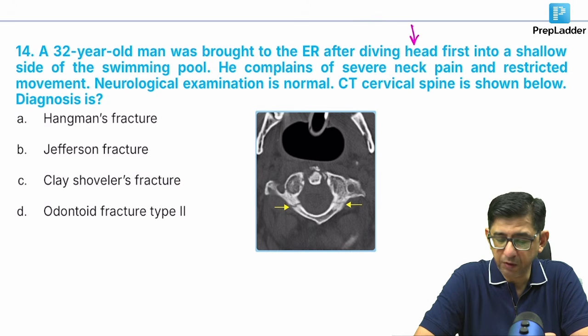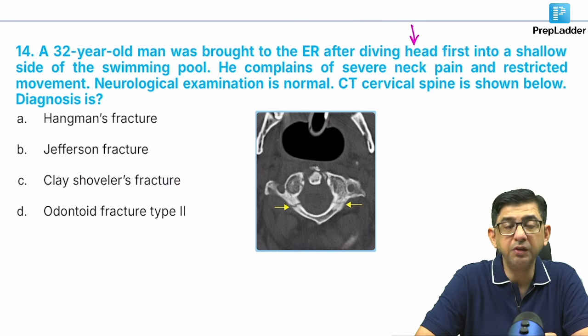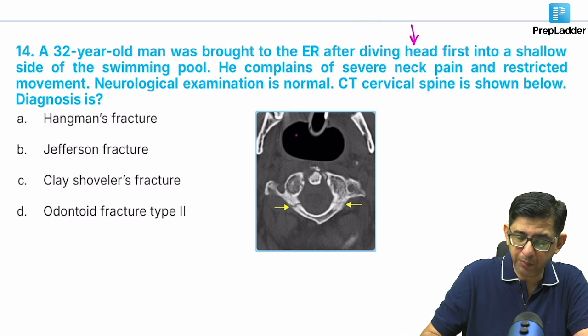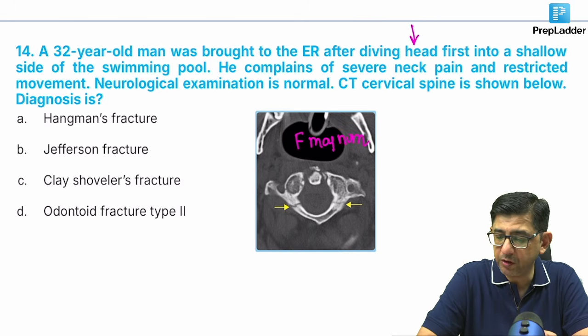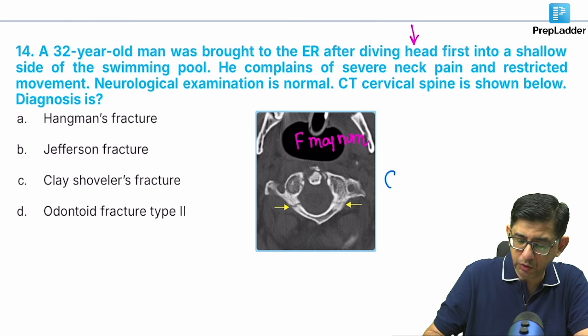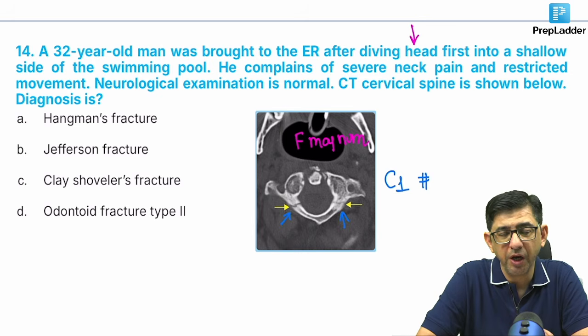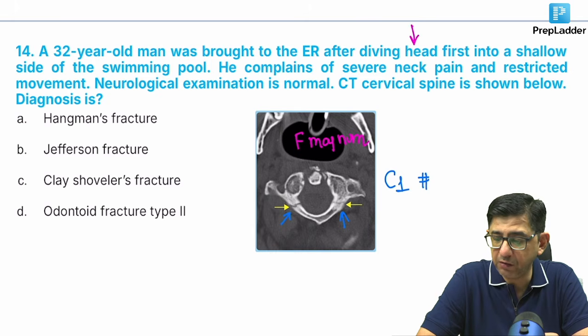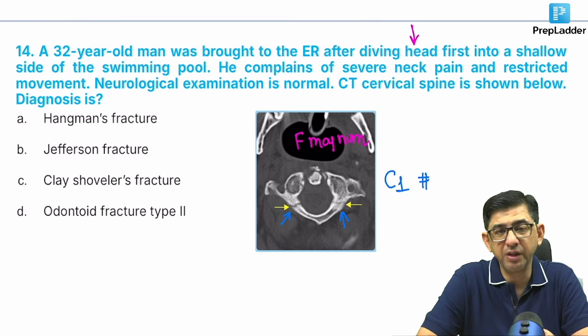The neck fracture will be involving, as you can see, the C1 cervical vertebra, because what you see at the top here is the foramen magnum. You can see a big opening here, that is foramen magnum. And then unfortunately this guy is having injury to the C1 cervical vertebra. The injury is to the arches, where the yellow arrows are placed. So spinal cord will not be compressed, but after all it's a fracture of the C1 vertebra, a dangerous one. C1 arch is getting involved, and therefore the answer in this case would be Jefferson's fracture.